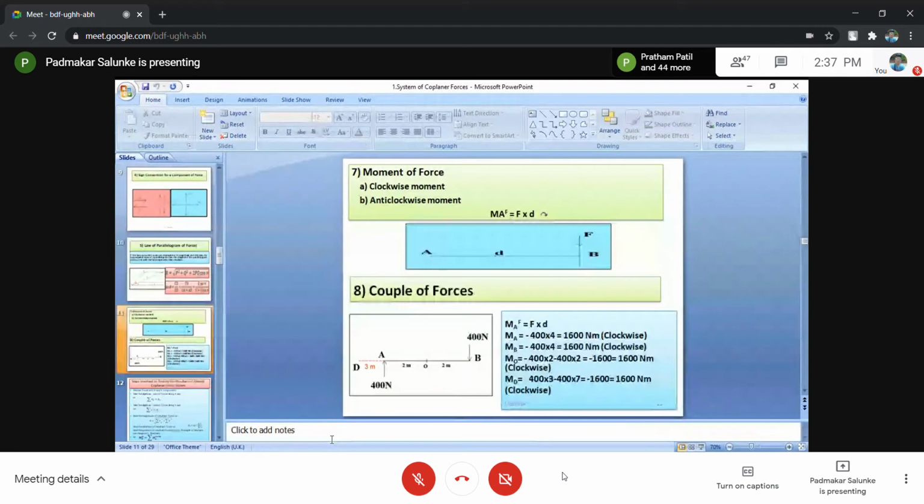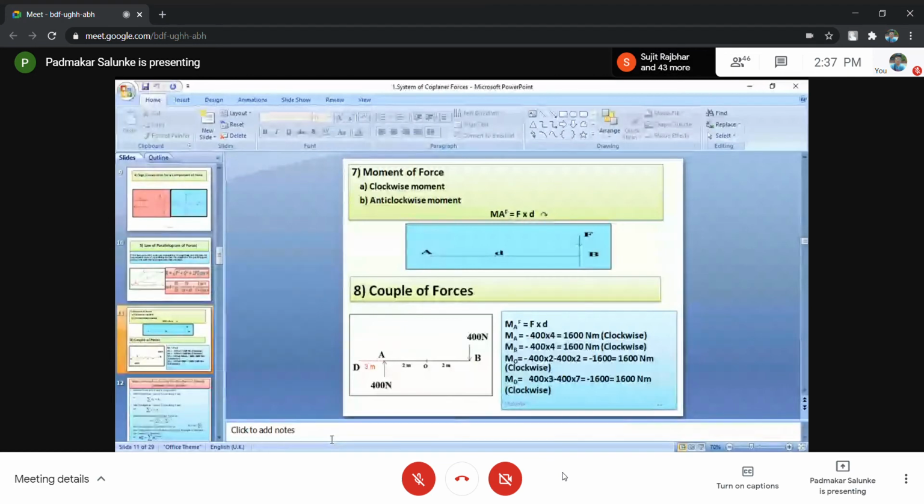Another difference which you have not seen. In case of moment of a force, if the perpendicular distance or the force changes, the answer always changes. The answer differs. Whereas in couple of forces, just look at this, you can take moment of these two forces about any point. In the second case, for these two forces of 400 Newton, you can select any point to take moment.